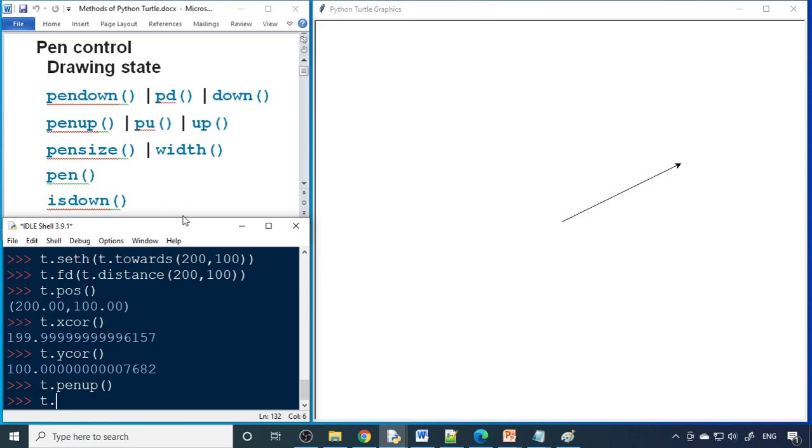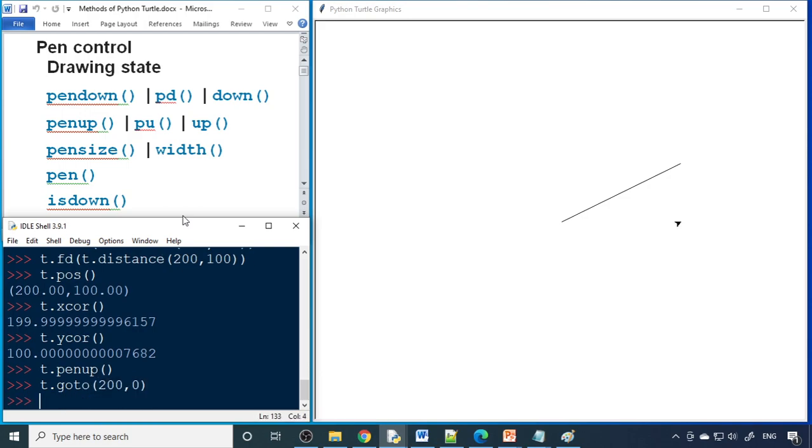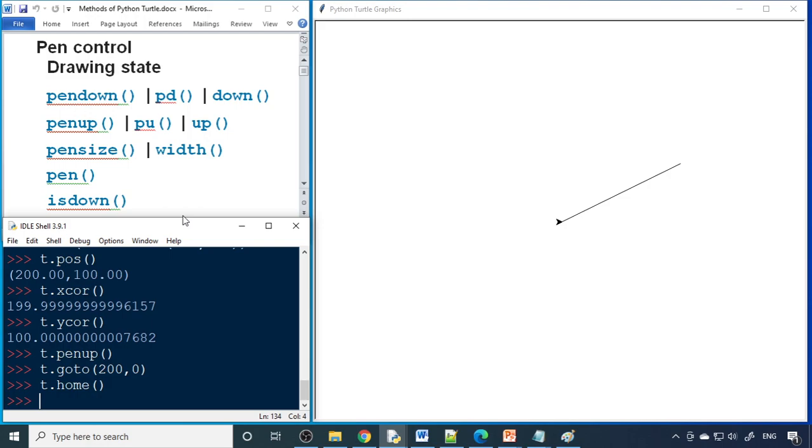Okay, then you can say t go to, so y is 0, x is equal to 200 comma 0. So you can see that cursor came down to the x line. Now I can bring back to home. t dot home. It will not write the line, so it will straight away come back to home.